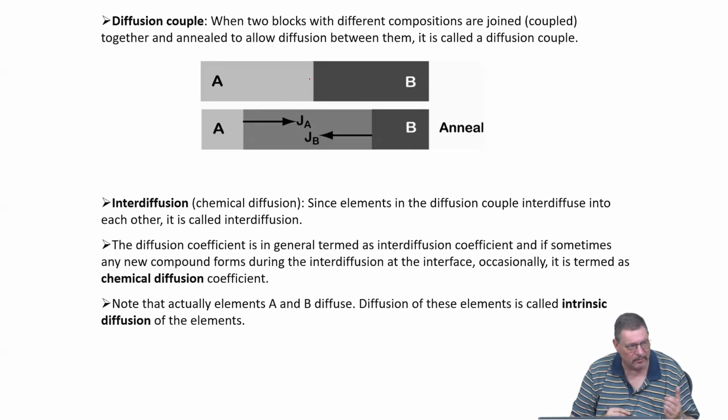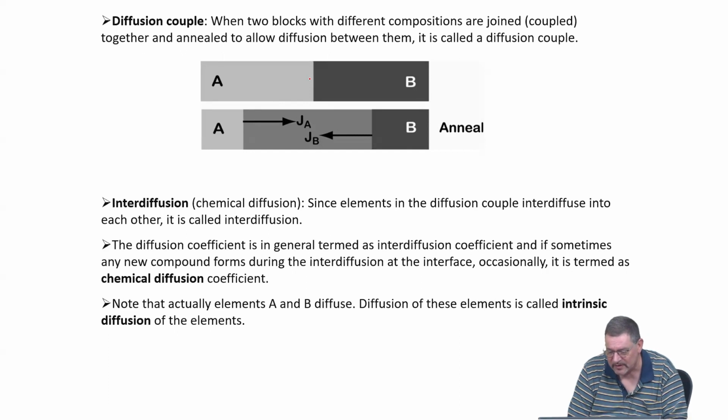Always there are vacancies now included in the picture because I'm talking here about substitutional diffusion, even though for interstitial diffusion the picture would be the same. But if we consider now substitutional diffusion,